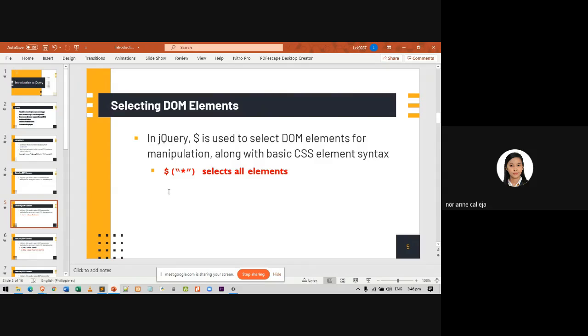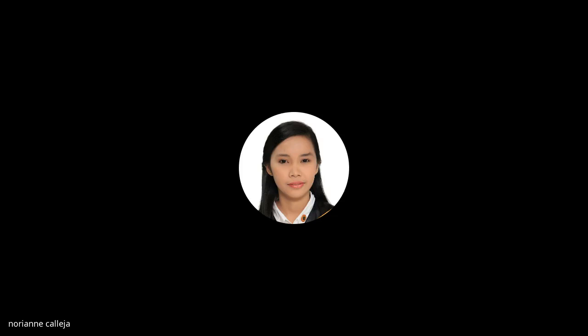For example, div, another paragraph tag, another bold tag, another span tag. Those are the document elements or your HTML elements. Now, if you want to select elements